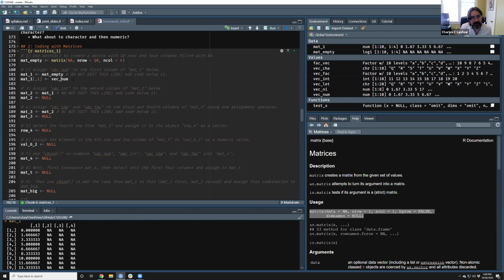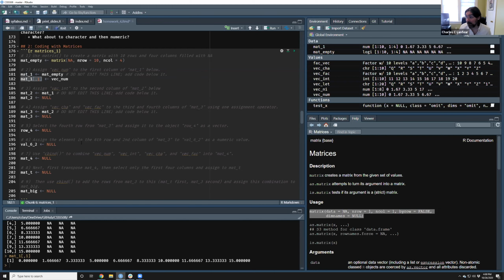If I look at mat1 now, mat1 has in its first column the vec_num we created with sequence earlier. Okay, so the idea of what's going on here is something that's interesting. There's a symmetry to subsetting in R. You think of subsetting as like giving R an address. If you just give it an address, it basically takes you to that place. So if I say, let me look at mat1, it returns the contents of mat1. But if I give it an address and send something there with assignment, it overwrites whatever is there. So subsetting operators are sort of symmetrical. You can either use them to pull something out or to put something in if you use an assignment on it. Does that make sense?